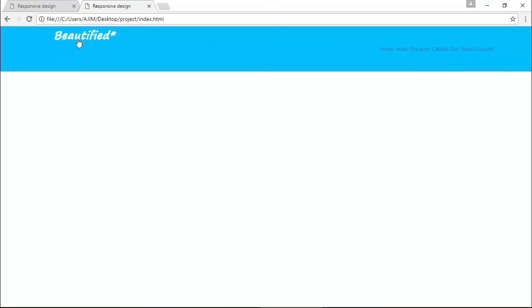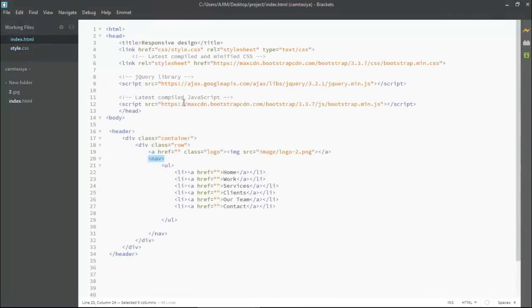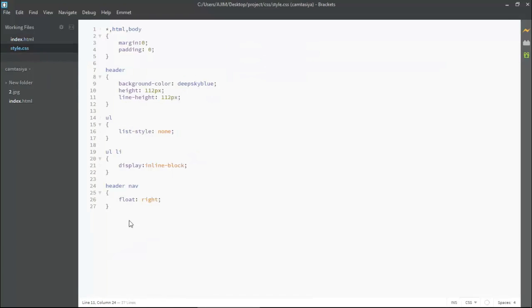So for putting this logo at the center, we need to find in which class this logo is available. So I'm coming here on the index page and you can see this is the anchor tag and the logo is right here. So the class here is logo. So what will the code be? Logo image, dot logo image. Okay, so I'm coming here and mentioning dot logo because this is a class, so it will contain dot.